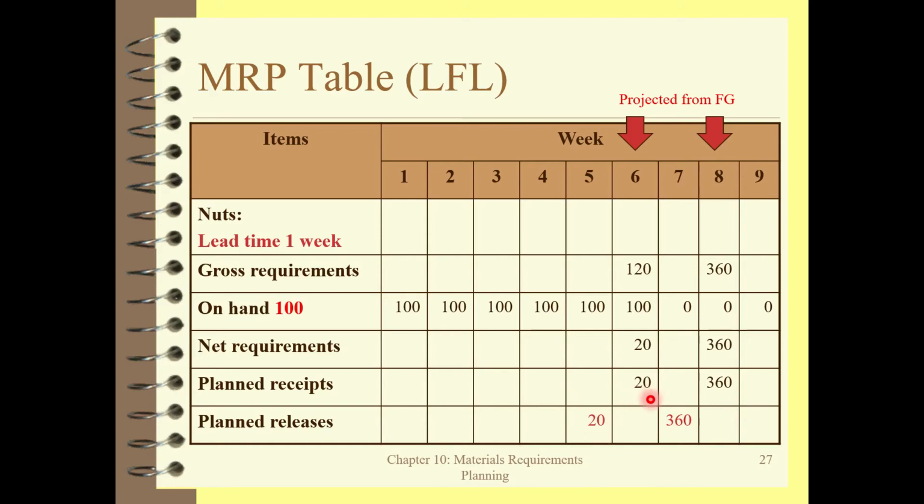You need 20 backward 1 week. You need 360 backward 1 week, right? That is the MRP table for the nut. So I give you some example about the MOQ, minimum order quantity. Suppose we say that